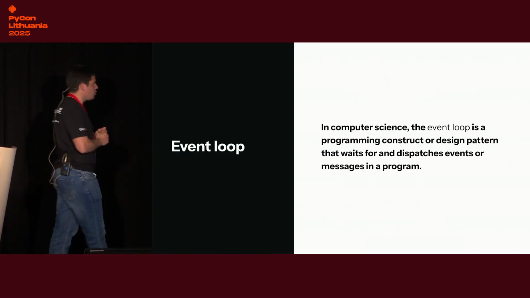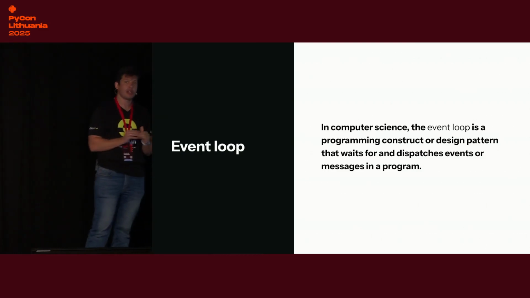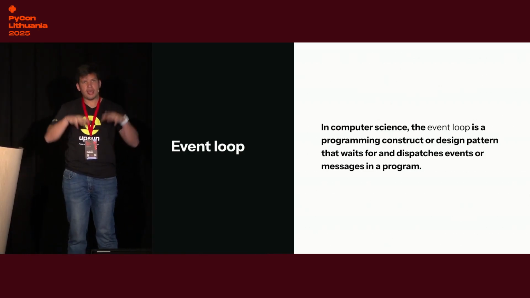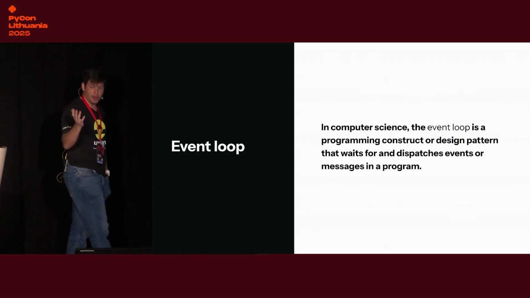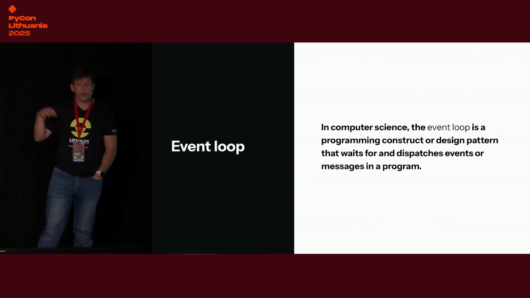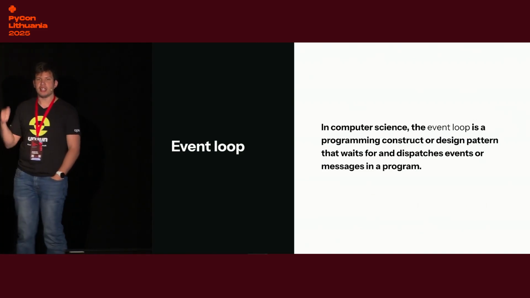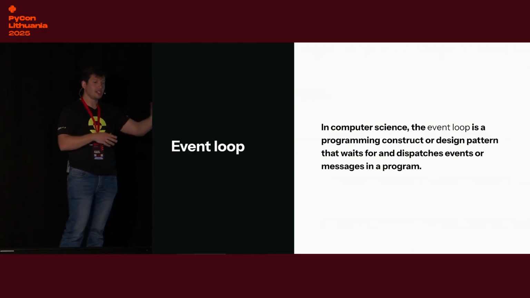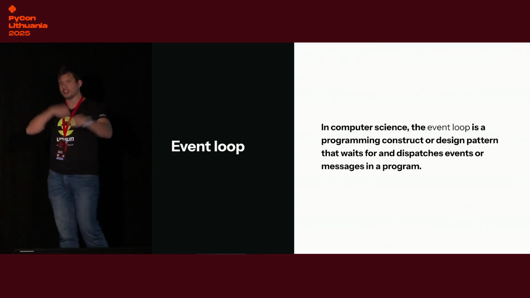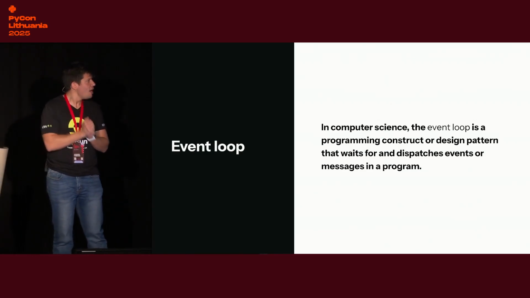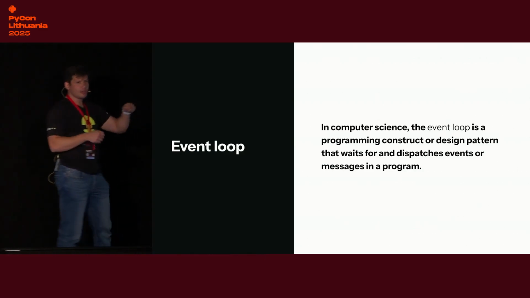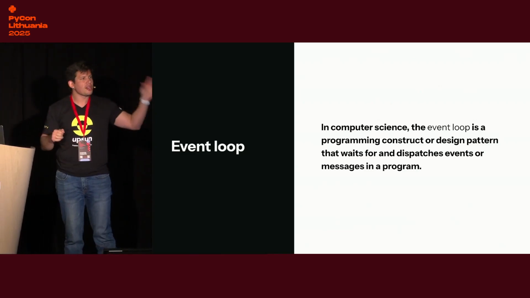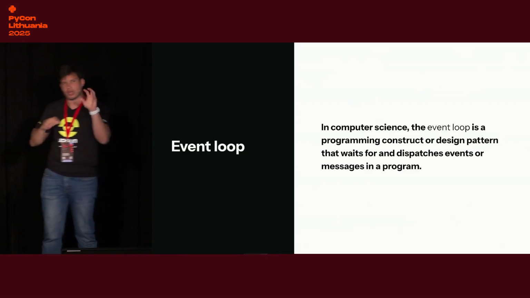The second very important concept in concurrent programming is what we call the event loop. The event loop is the program, let's say, or the programming construct as it says here, that waits for and dispatches events or messages in a program. So the event loop is the orchestrator that is understanding, okay, this coroutine is querying the database. Let's switch it and put another coroutine in its place. And when the results of this coroutine are back, I'm going to take those results and then send a signal to this coroutine to continue running. So the event loop is the orchestrator, and the coroutines are those asynchronous program pieces that we can run interchangeably